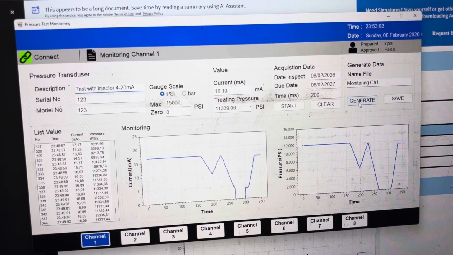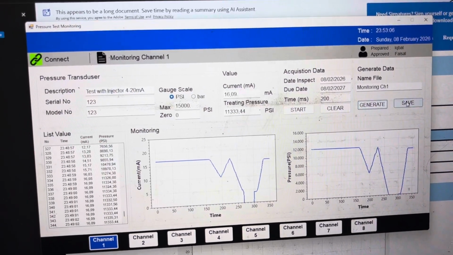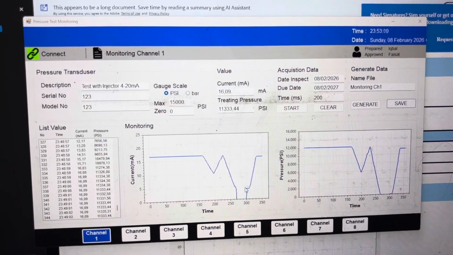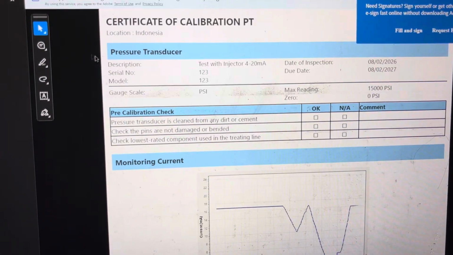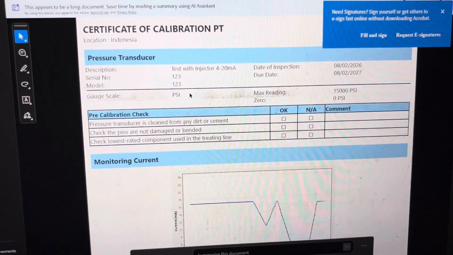After that, we can generate again and save again. Data saved successfully. You can open it, and the description is changed and the data is changed.